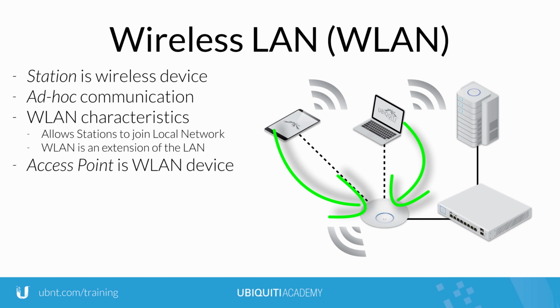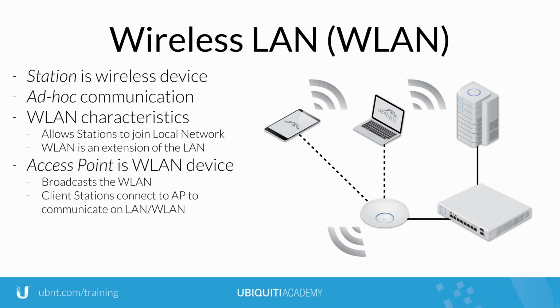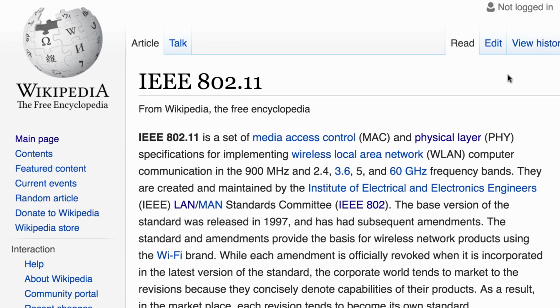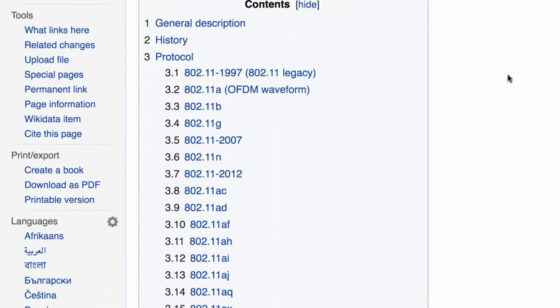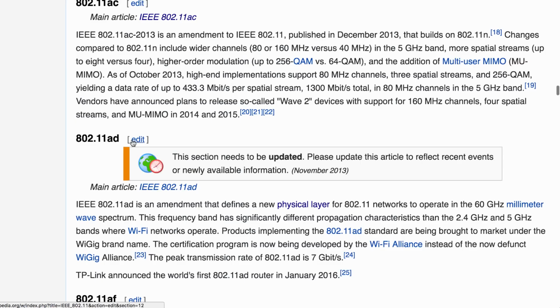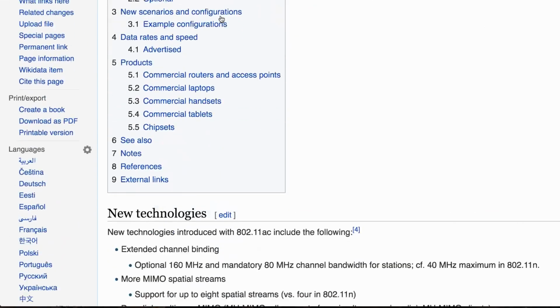network through access points, devices which increase the size of the LAN by broadcasting or announcing the existence of the wireless network. Because stations connect to the access point to join the WLAN, access points also serve as a local segment. IEEE 802.11 describes wireless LAN technology standards such as 802.11r for fast roaming, or 802.11ac, the fifth generation of